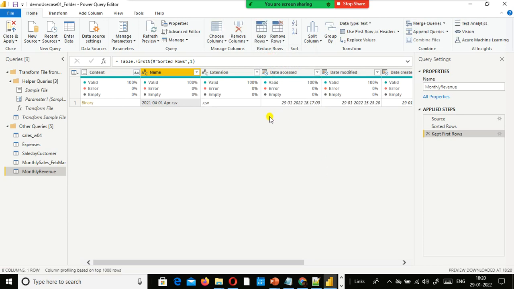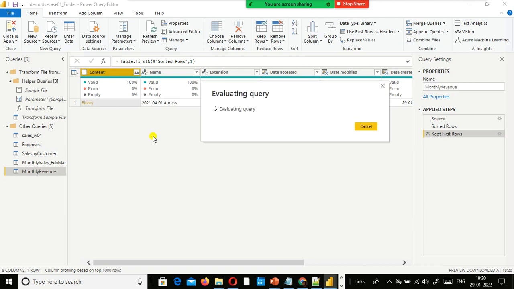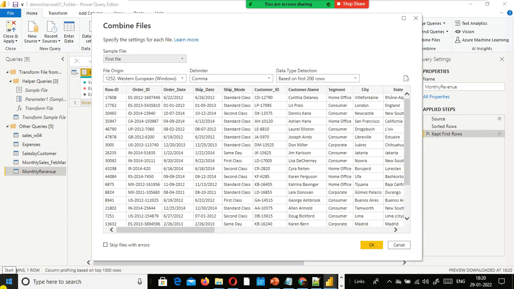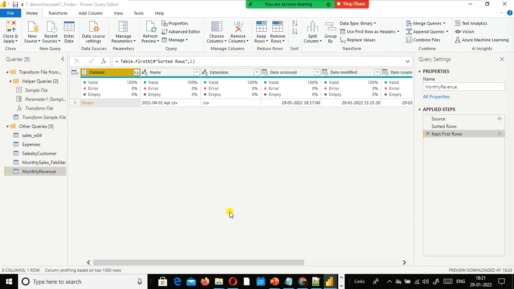Next, I just load this. If somebody asks you to generate the last 6 months of data, you need to push it into a folder, simply import it, and you can use Combine. When you click on this, the 6 months of data will get combined together. It will get merged, it will get appended.